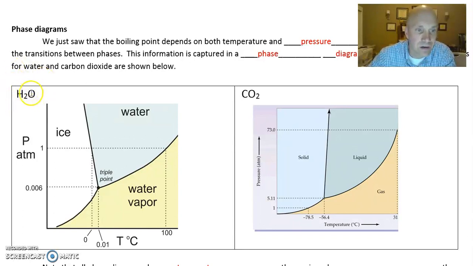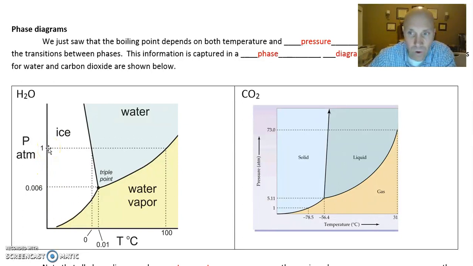This is the phase diagram for water. This is the phase diagram for carbon dioxide. There are some similarities and differences between these, but the general appearance of both of them is the same. So one way to interpret this, we'll use water, for example, is to say, okay, let's